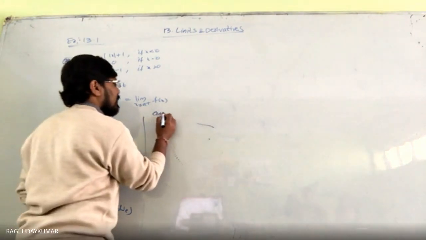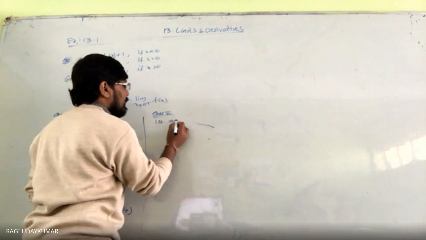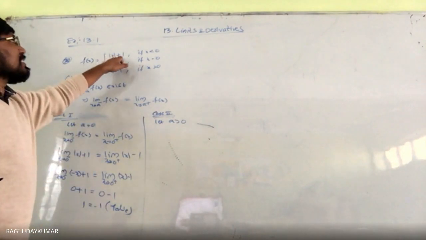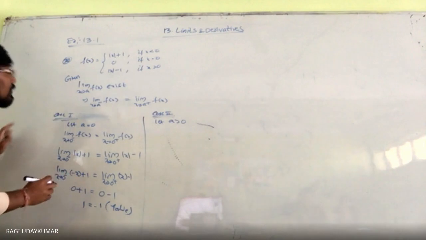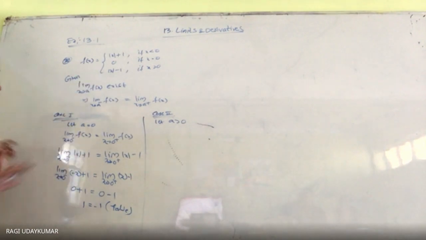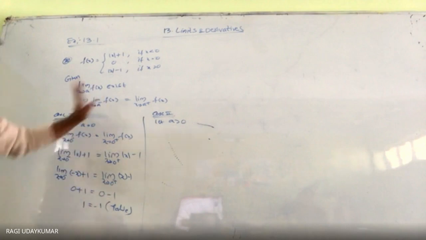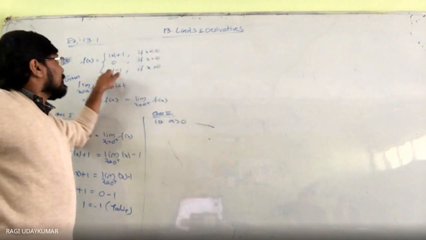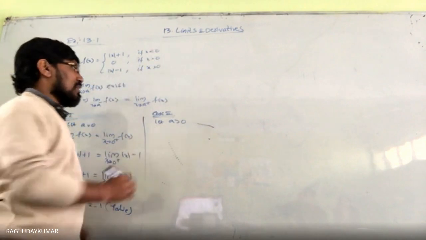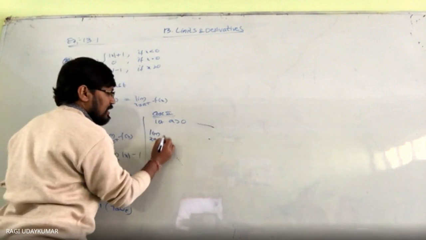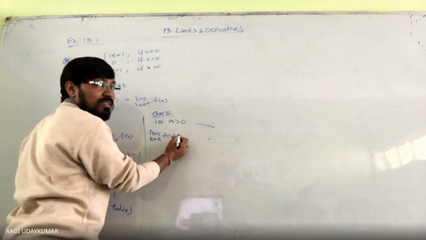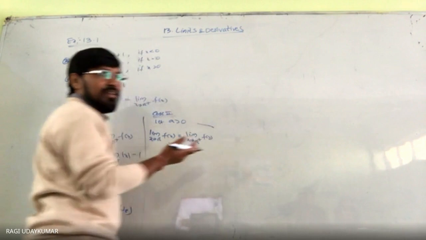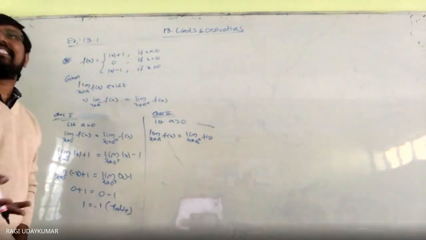So in case 2, let a be greater than 0. When it is greater than 0, the function should be taken as always this one. Oh sorry, less than 0 means x plus 1. Same, a greater than 0. Here a greater than 0 means we need to take only this function into consideration. So limit x tends to a minus of f of x equals limit x tends to a plus of f of x. Actually, it is not a split function at that place. Directly you can substitute. It exists.